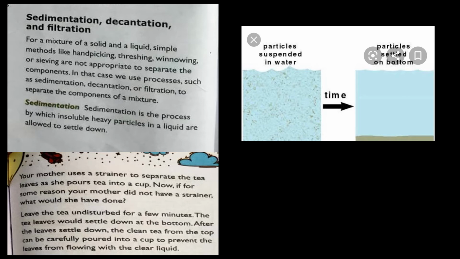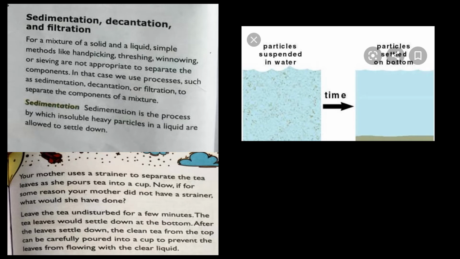On the screen you are able to see one picture, in which there are two beakers, and in the beaker a spoonful of soil is being mixed with water. If we want to remove the soil from the water to get only pure water, we will let it stay in a nice place where no one is going to disturb it. Slowly, the heavier particles, that means the soil, will settle down in the lower part. After that, we will pour out the water slightly and very carefully, and we will be able to get the water. This process is known as sedimentation.